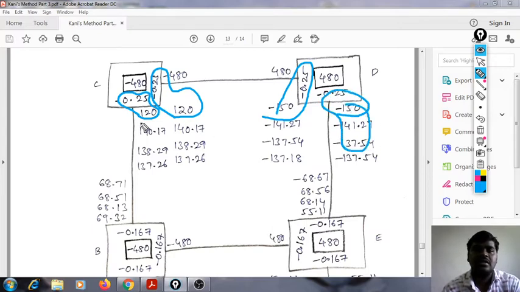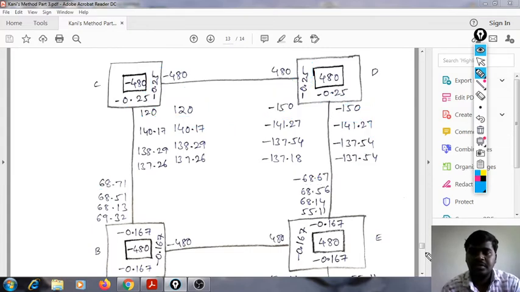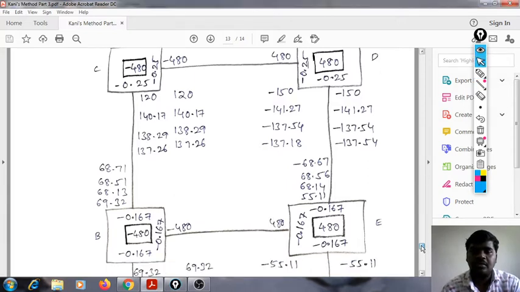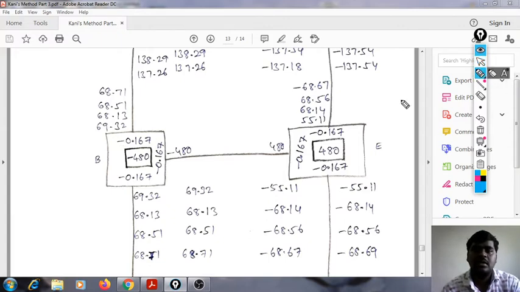Yes. So, the first line of every rotation contribution belongs to the rotation contribution first. Here we find 68.75 is the first, and here 68.71 is the first one, and in the same manner we can write everything. So, we have to write it in a proper order. For that reason this is most important.